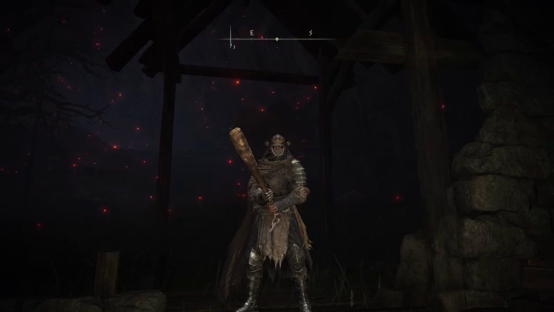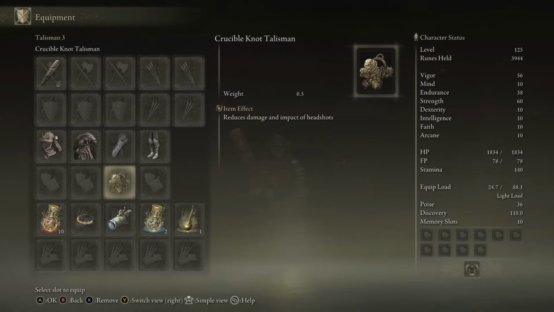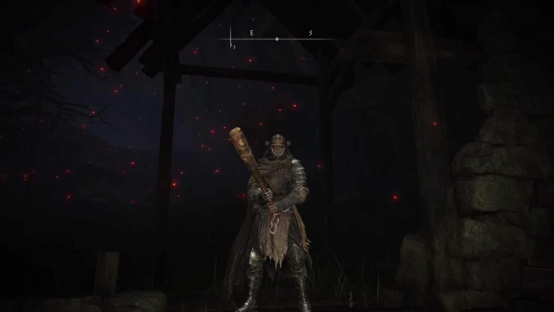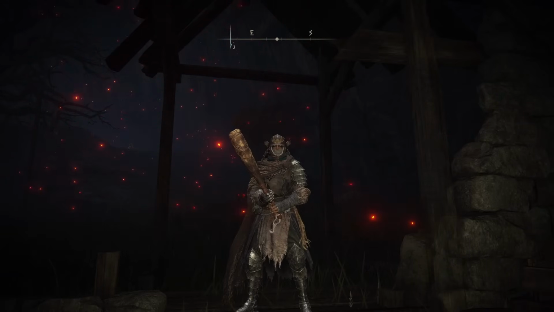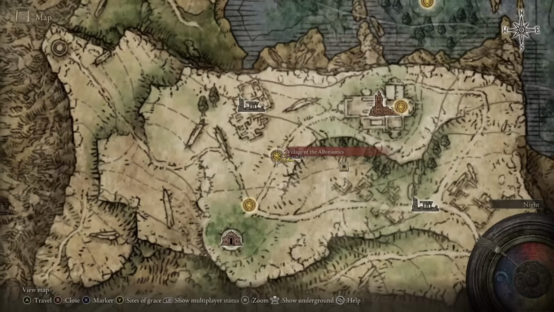I know it has gotten on my nerves plenty of times, but thankfully in this game, they actually included a talisman that reduces the damage and impact of headshots. So all of those pesky archers aren't going to be 3-tapping you in the head anymore. And all you gotta do to get it is defeat the Omen Killer mini-boss in the village of the Albinarix